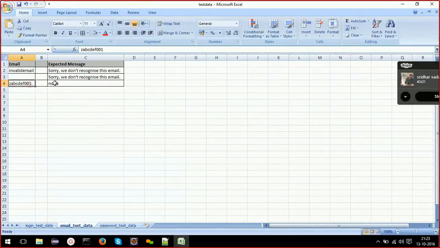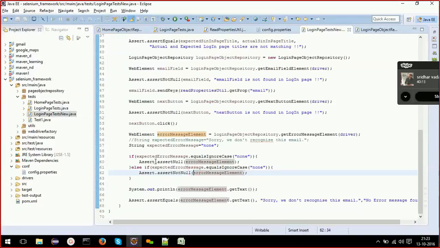So when you give a valid email, expected error message is none. That's why I am asserting that the error message is null. That message should not be present in the page.